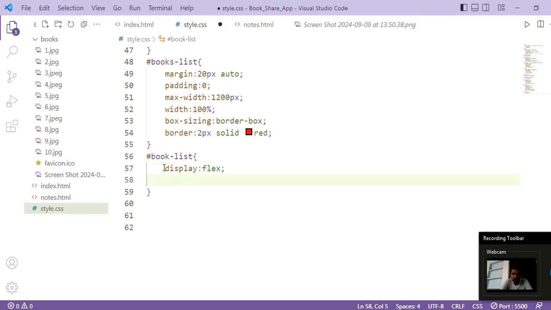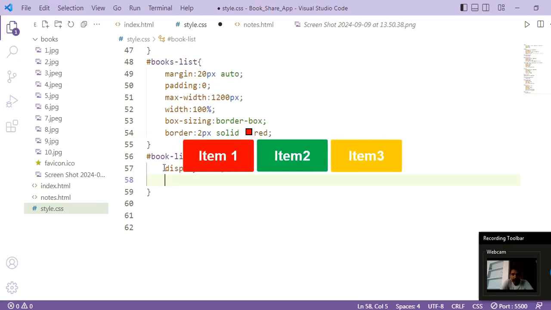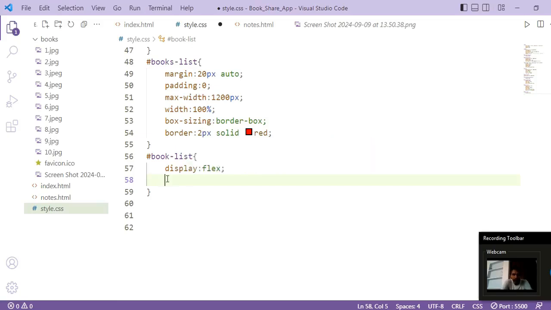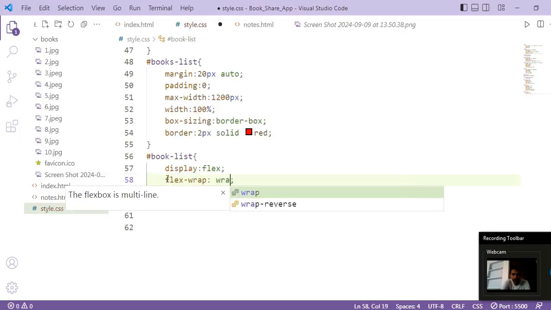Okay, और जब हम किसी div को या किसी element को flex container बनाते हैं, okay, then जो भी उस particular element के child होंगे वो सब फ्लेक्स आइटम कहलाते हैं. ओके, सो जो फ्लेक्स आइटम होंगे उनका डिफॉल्ट बिहेवियर क्या होता है, वो लेफ्ट टू राइट अरेंज होते जाते हैं. ओके, सो नेक्स्ट स्टाइल इज फ्लेक्स रैप. सो इसमें हम लोग रैप प्रॉपर्टी को ऐड करेंगे.